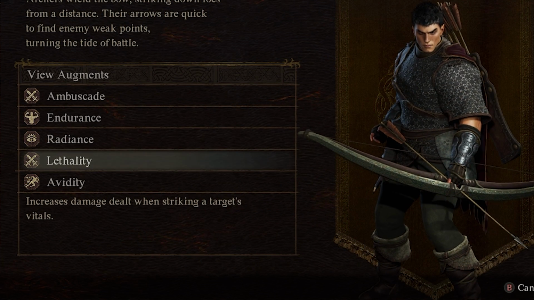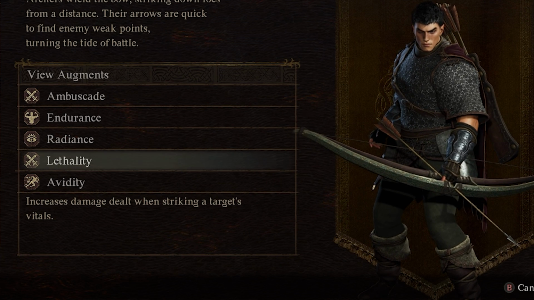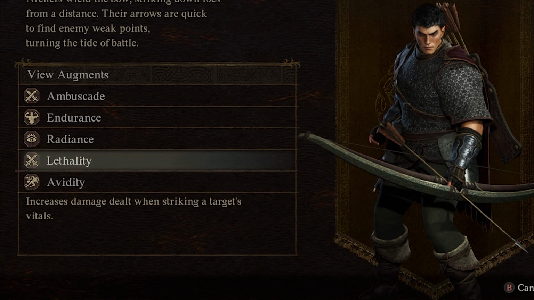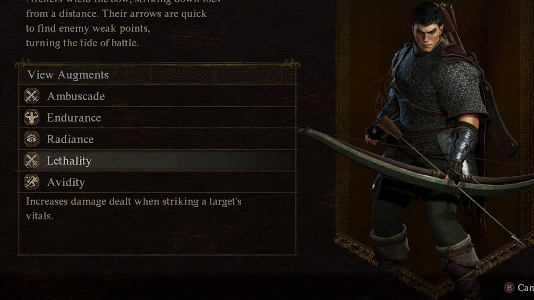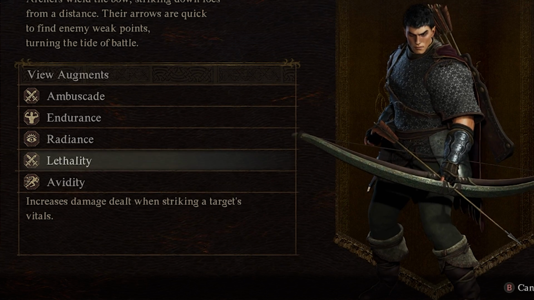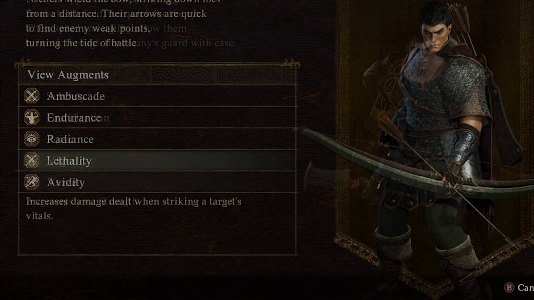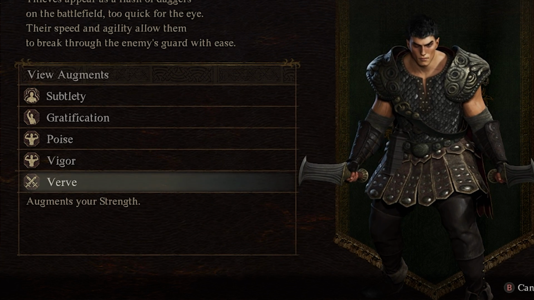In the Archer vocation, you can unlock Lethality at level 8, which is an exceptional augment for the warrior as it increases damage when striking an enemy's vital weak spot. I would say this is a must-have, but you do have to level Archer quite a bit, so it's really up to you. As an honorable mention, the Thief vocation contains Verve at level 9, which simply improves your strength,